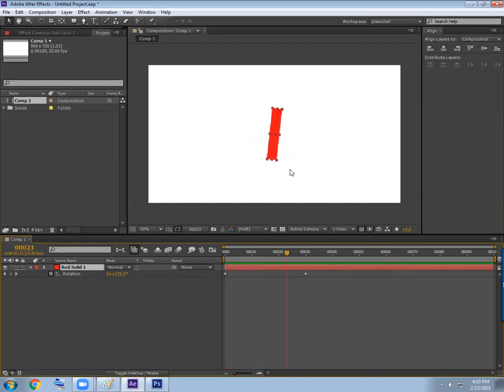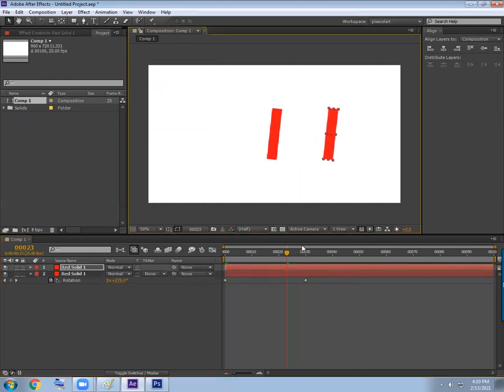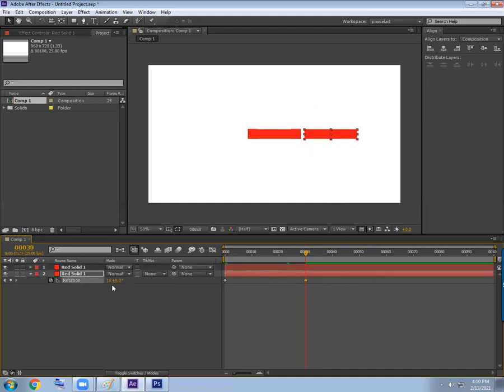So here we have made a rotation. Now we need a reverse. Then duplicate, place beside, right? And inside the second one, here what is written? 1. We can write -1. So one will go clockwise, another will go anti-clockwise. Is it okay? So now we have seen how to make the rotation and how to change the direction. What is complete rotation? What is partial rotation?